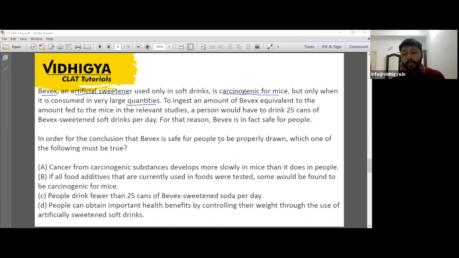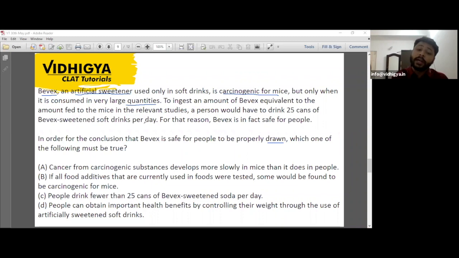When it is about the conclusion, there are limited number of question stems that are possible. The format of the question, I'm talking about the stereotype by using which the question maker creates a question, right? That is what I'm talking about. So get aware of all those types, and then try to relate it with the stereotype that you already have in your brain. So it reads, in order for the conclusion that Bivix is safe for people to be properly drawn,